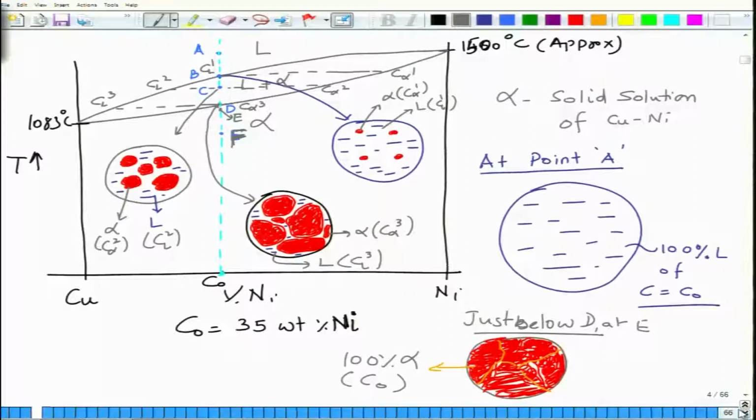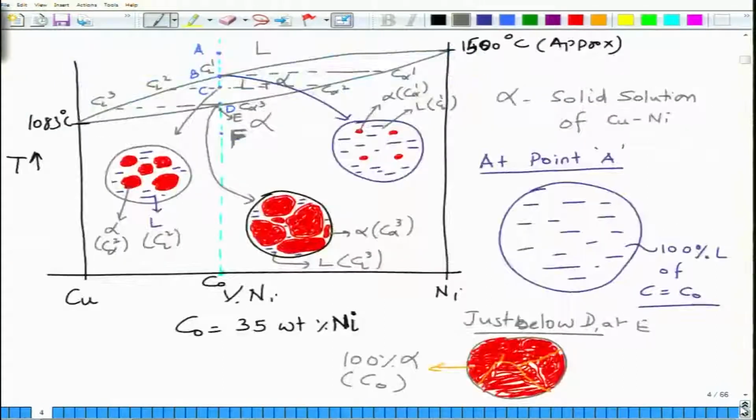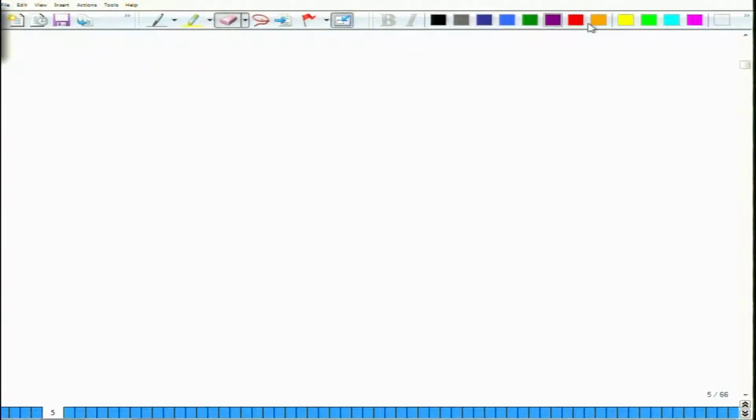Now let us look at what will happen in reality when we are doing this experiment. If you do this experiment slowly enough, you will get what I have shown you here, but very rarely in practice is the cooling slow enough to give you a perfectly homogeneous alpha phase and perfectly homogeneous liquid phase. So now, if you make a phase diagram of imperfect cooling of a system,